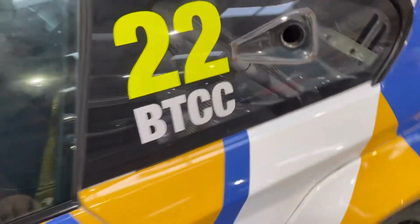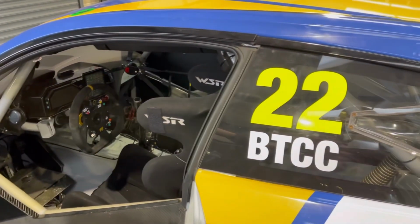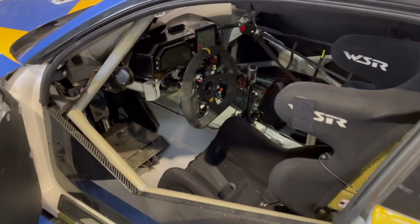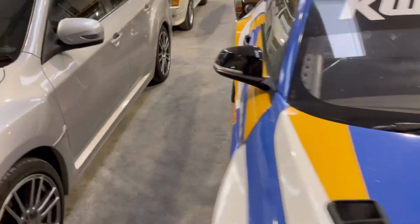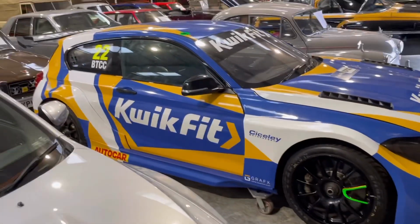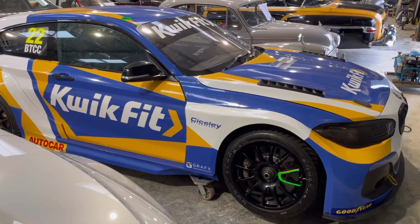So this has come direct from Sicily Racing. They are friends of mine. I used to rally with Russell and Adam. I followed him whilst he's been campaigning in the British touring cars. You can see all the blurb in the history about it. Sicily bought it to get the drivers used to rear wheel drive, from switching from an A-class front wheel drive when they switched to the BMWs, and now Sicily have given up. Adam's off driving for WSR,